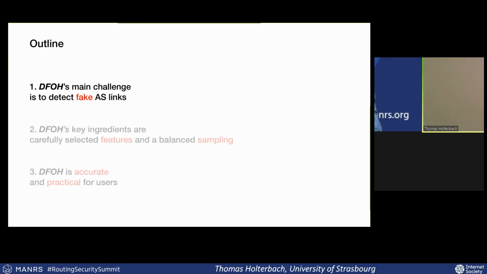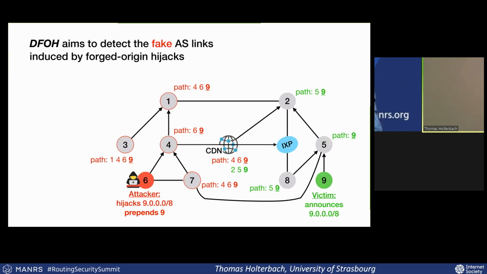So let's start with the main challenge, which is to actually detect fake AS links. Why does this matter? Because when an attacker launches forged origin hijacks, this will very likely create a new AS link, a fake AS link. If we take the previous example where AS6 hijacks AS9, you can use some